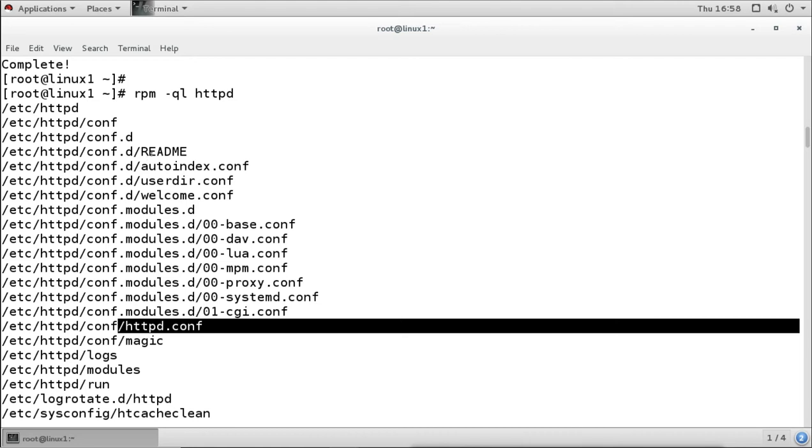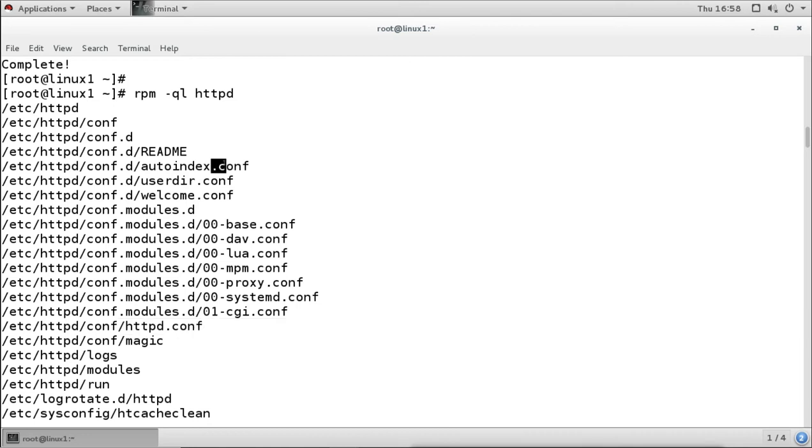In this directory, if you want to add any configuration, we can add it using any name, but at the end we have to add .conf. So all files in this conf.d directory which have the extension .conf will be loaded in our HTTPD server. Whenever the service starts, it loads all the configurations from these files. So if the administrator does not want to change the main configuration file, they can create a new separate configuration file under this conf.d directory.